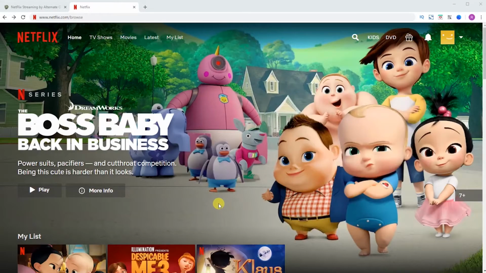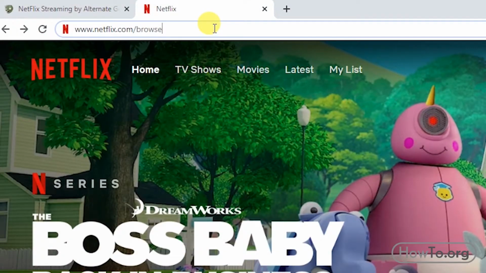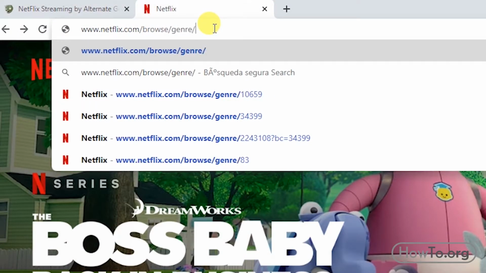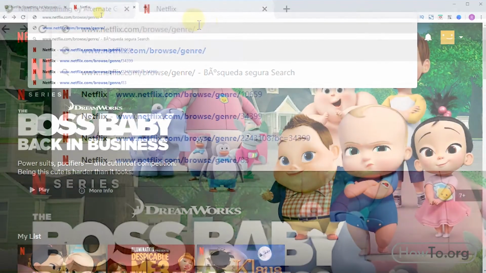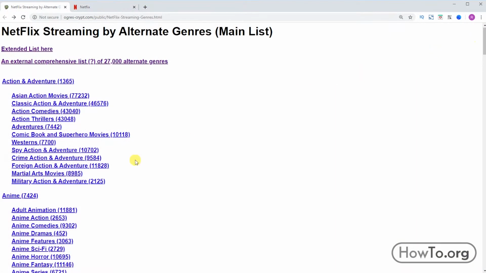We can only use Netflix codes when accessing Netflix from a web browser. You need a laptop or a computer to use Netflix codes. In the search engine, let's write netflix.com/browse/genre/code. In the description of the video I will give you the link to a website where we can find